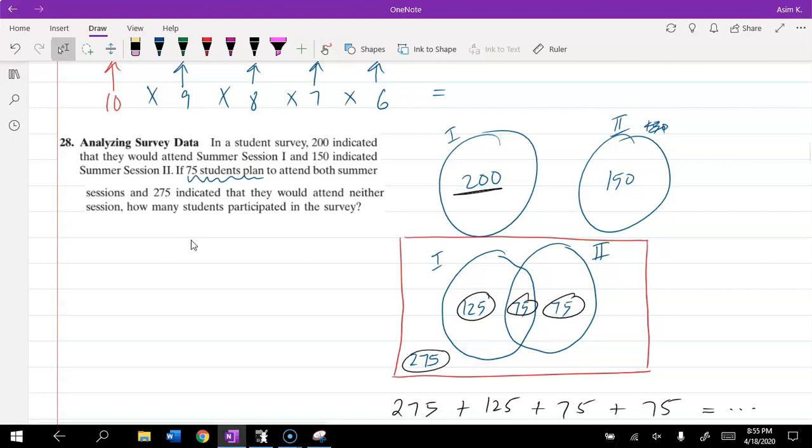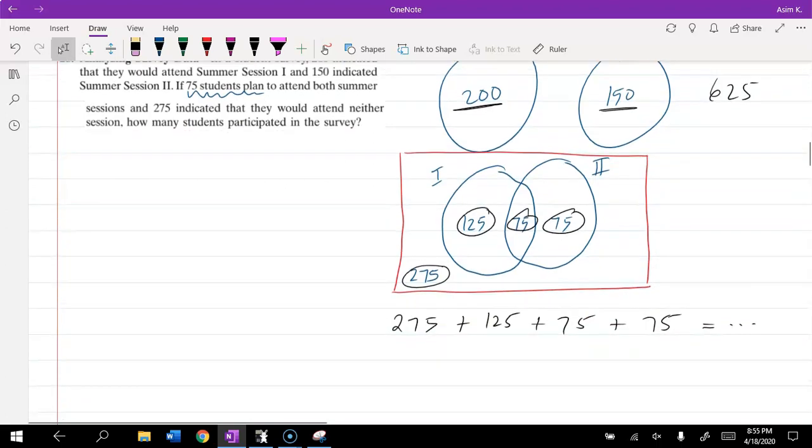Look, if you had said 200 plus 150, that would have given you 350. And then if you had added 275 to that, this is important, so let's actually do the math here. 350 plus 275, that's going to give you 625. Now, if you did the same math on the bottom as I was explaining to you,